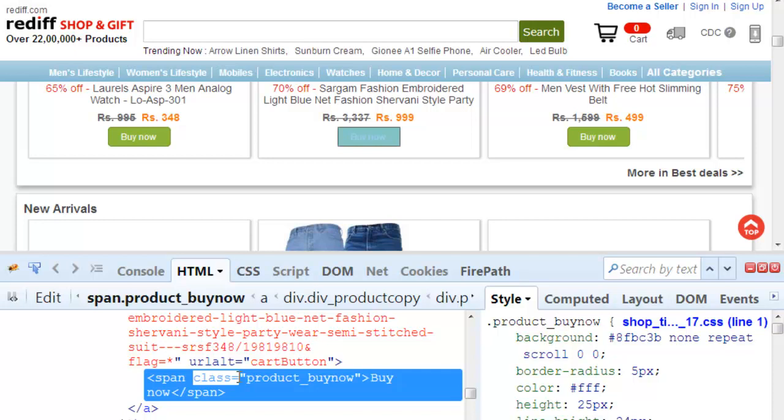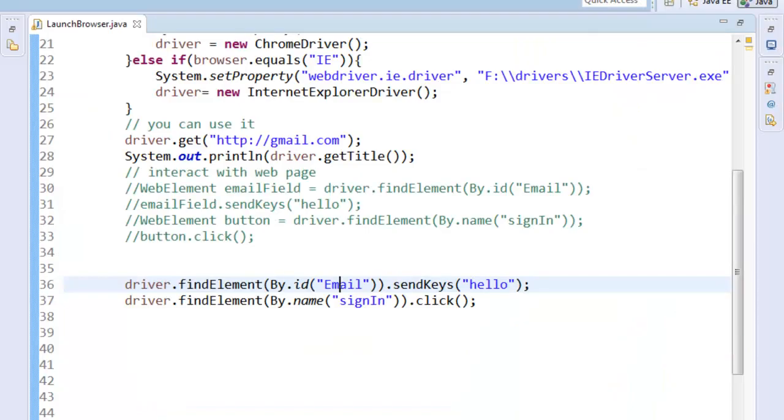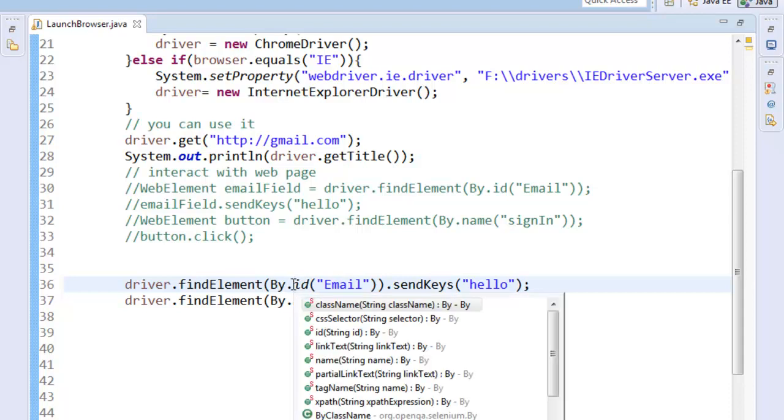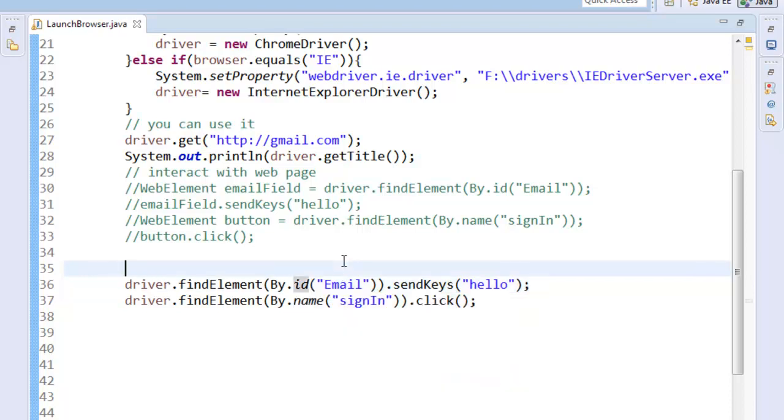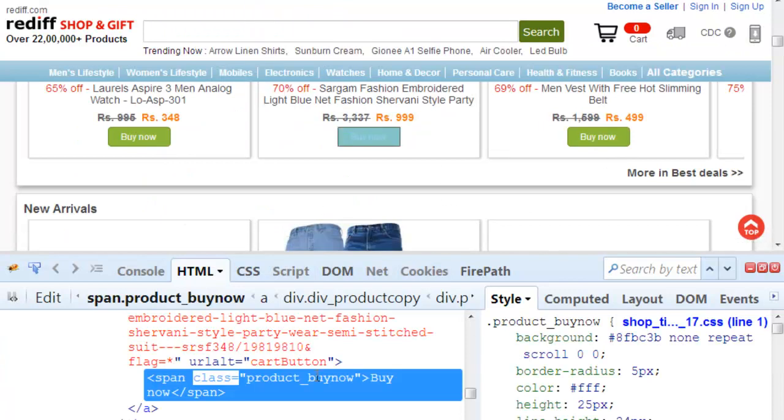Okay, right. So you need to understand this, because when you have the By class, By dot, you have the class name, you can say class name criteria also to identify the element. Generally the class is not unique, and this mistake people do. They think that fine, I can use the class name for this button, but all the buttons have the same class name. What will happen in that case? I'll tell you, just be with me.